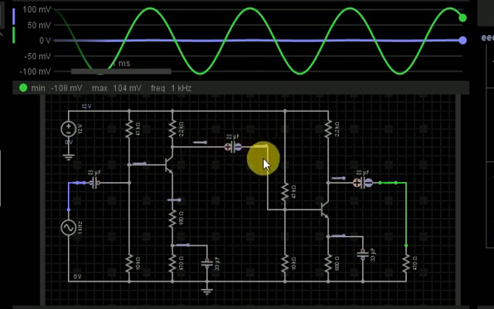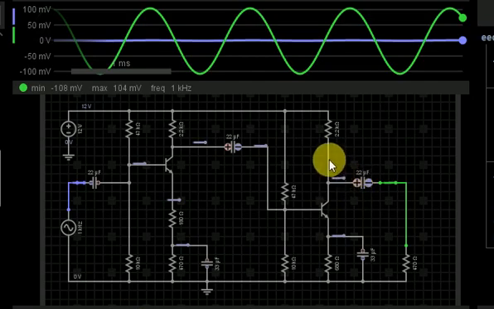Again the signal goes from here to here. Now this is connected to the DC biasing, so some DC component again adds to the signal and it disturbs the pure waveform. Now this signal enters the second transistor here, and we observe that again we have some output in the collector.